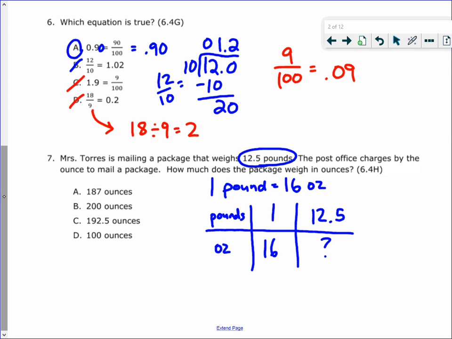So you have a couple things you can do here. You could go up and down and multiply by 16, or you can go from left to right and multiply by 12.5. Well, it looks like no matter which way you go, you're going to do 16 times 12.5. So 12.5 times 16,